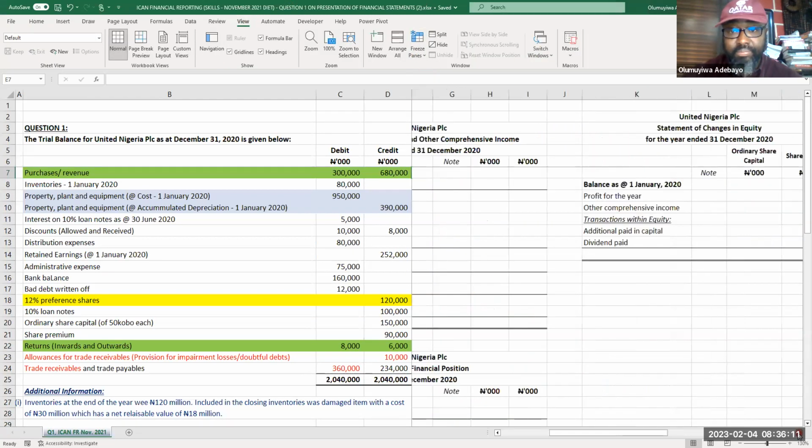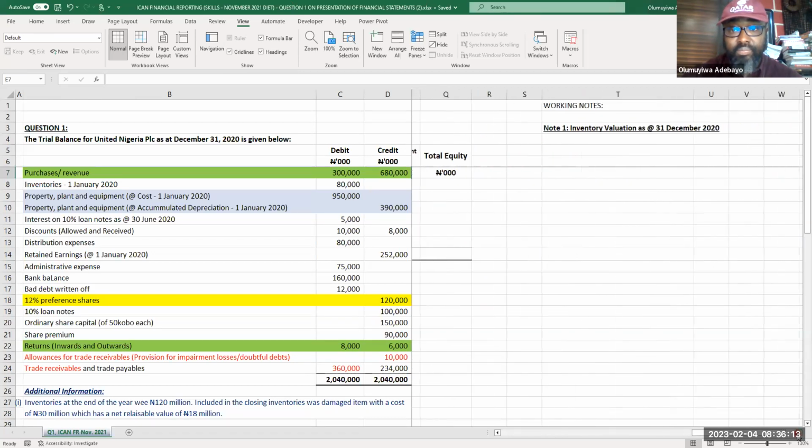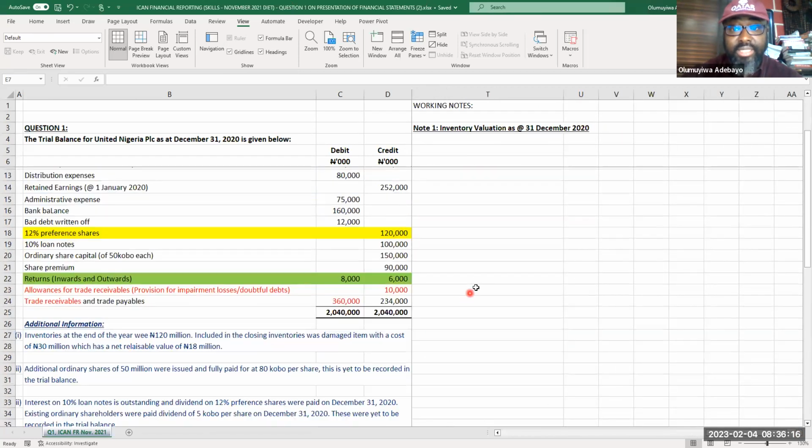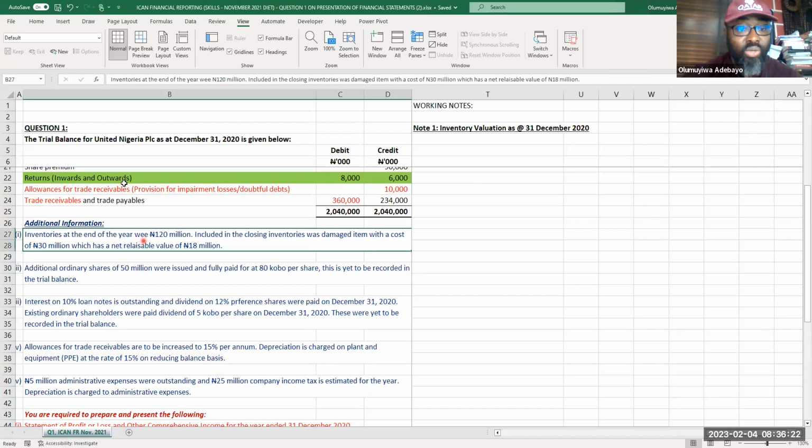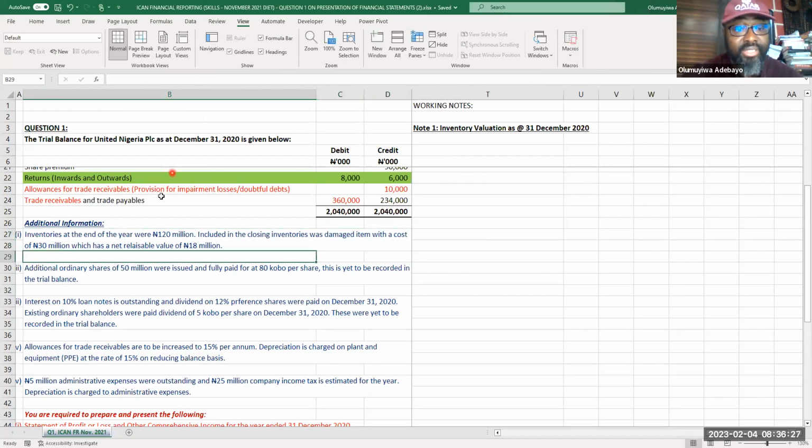What was said about the inventory is that inventory as at the end of the year was 120 million naira. Okay, that means